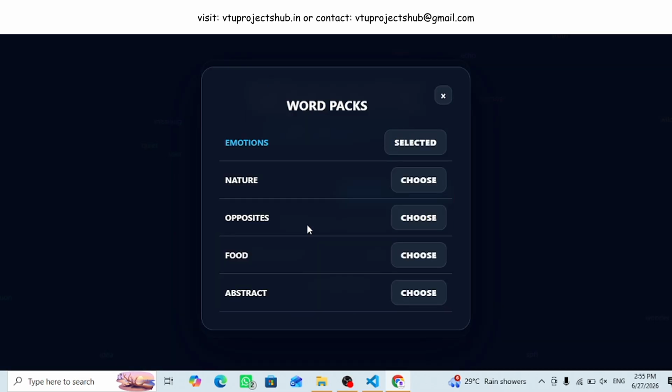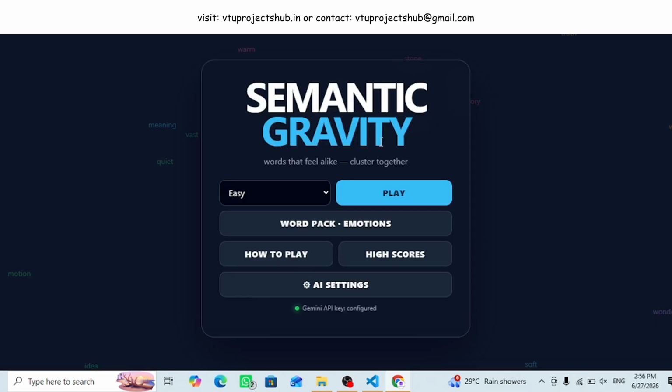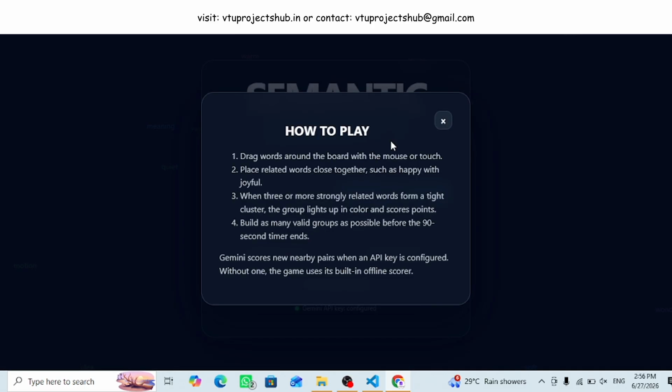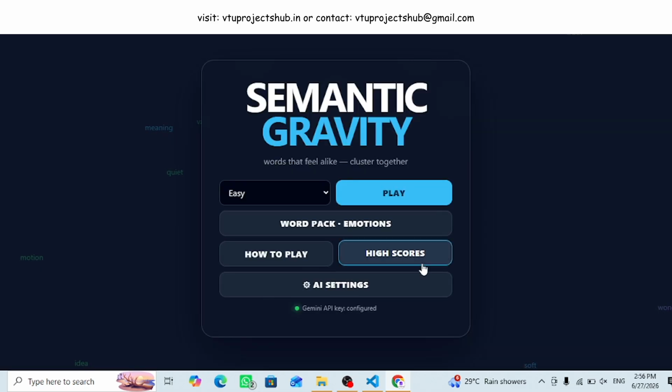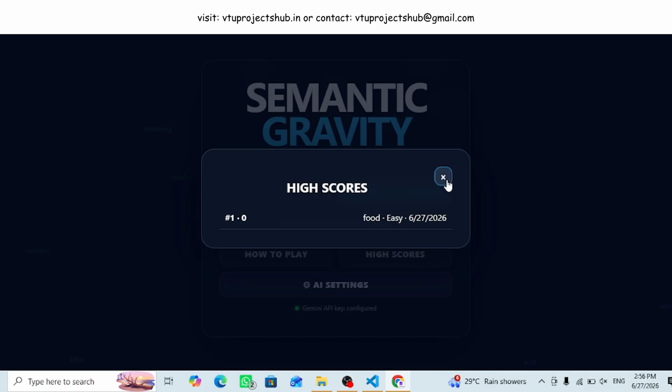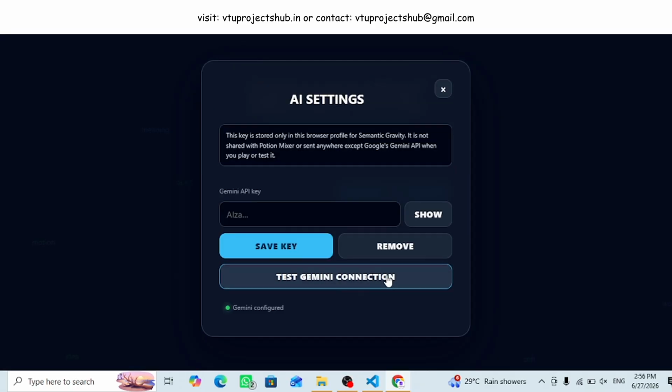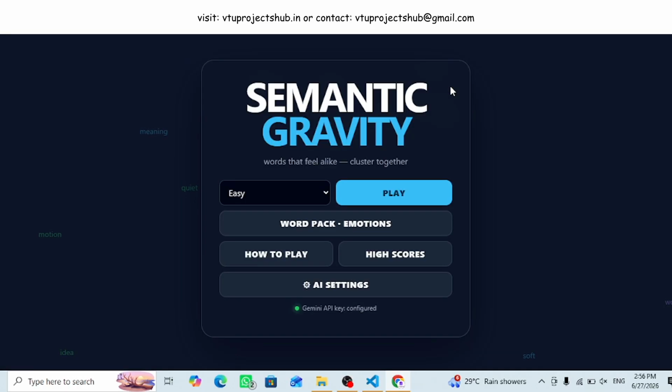Below that, the word pack button shows the currently selected pack. Starting with emotions, the how to play button opens the rules. High scores opens saved results, and AI settings opens the Gemini configuration. At the bottom, a status indicator shows whether the Gemini API key is configured or whether local scoring fallback is